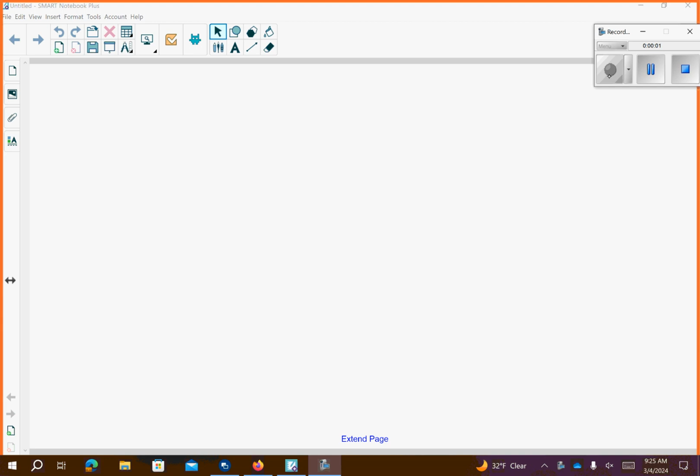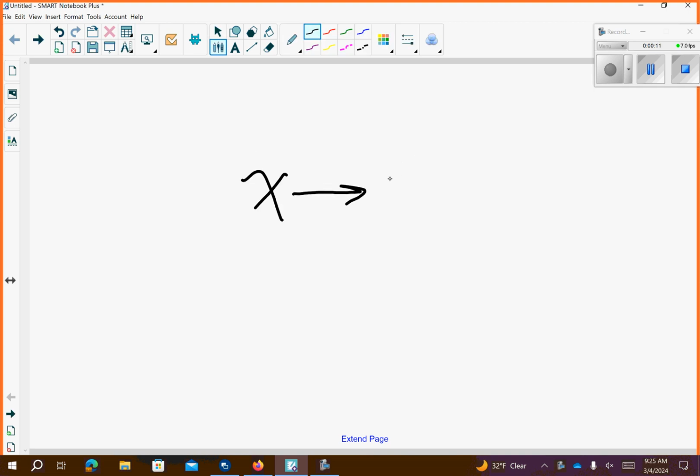Tell the limit whether they're coming from the left or the right. So the big thing to remember is if you have something like this that says x approaches some number,